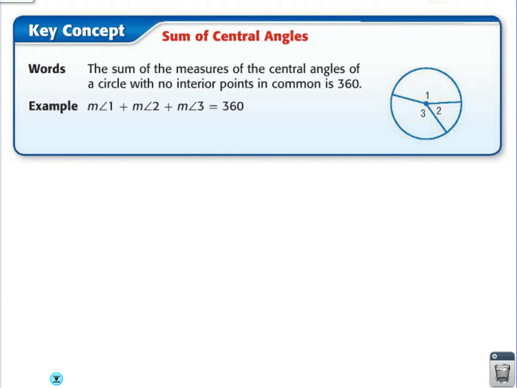The sum of the measures of the central angles. There you have angles 1, 2, and 3, which are all central angles. If you add up 3 central angles in a circle, you will always get 360 degrees. One complete rotation. Angle 1 plus angle 3 plus angle 2 there would give you a full rotation, or 360 degrees. It's funny, I actually talked about nearly this exact same topic this morning in pre-calculus. We got into reference angles and rotation angles and stuff like that, and you deal with the exact same material